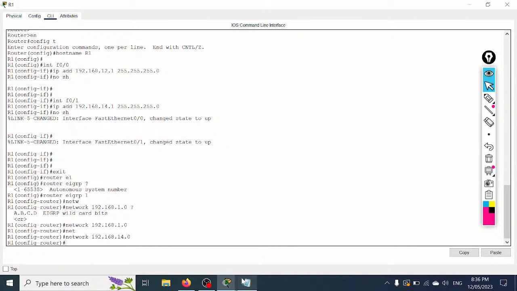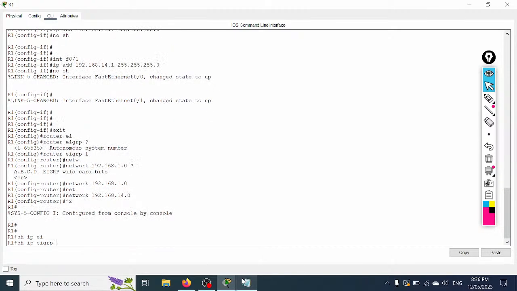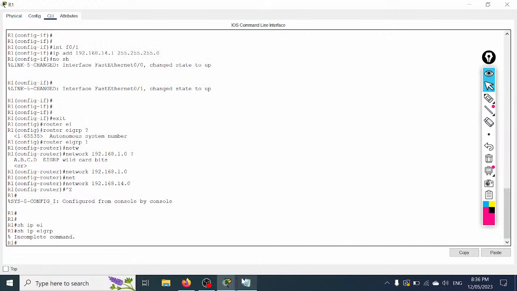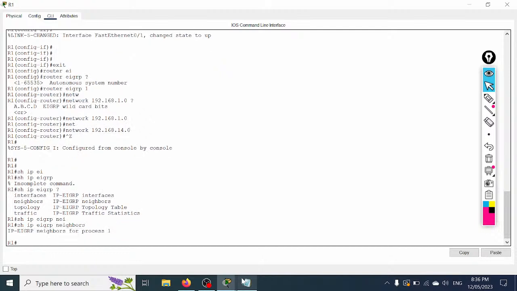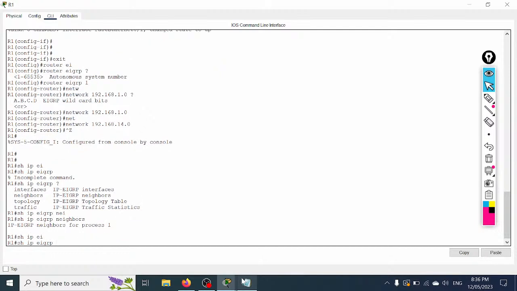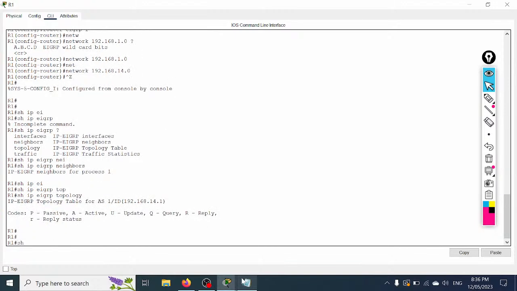If the router version is above 15, by default auto summary is disabled. If the router is old, auto summary is enabled. Okay, so let's see here what we are getting. I will write here show IP EIGRP topology. In the topology, because I configured only one side,